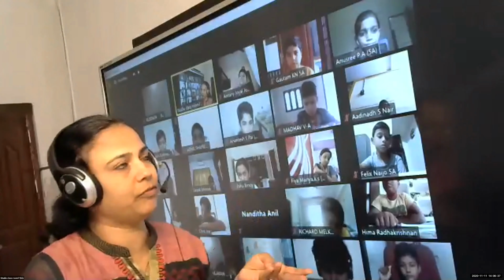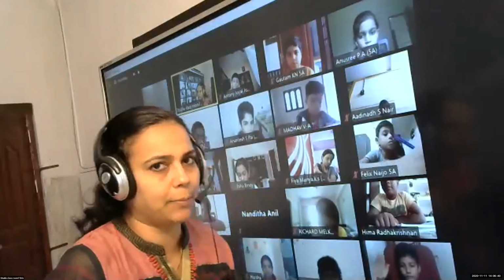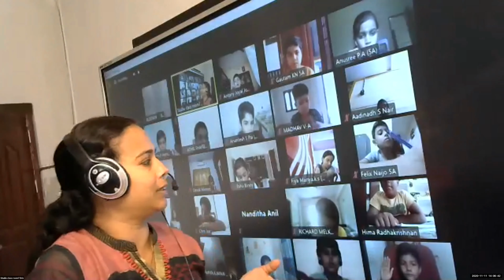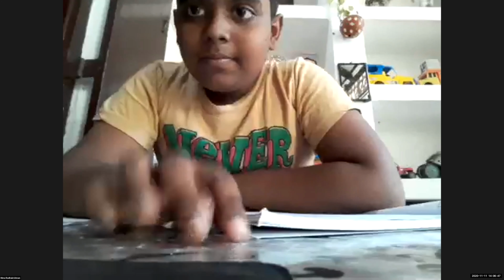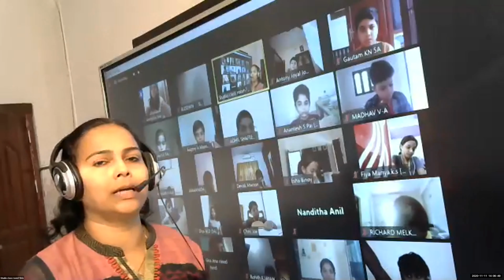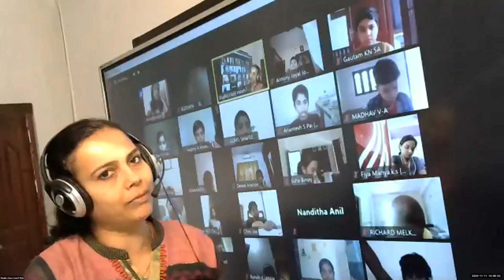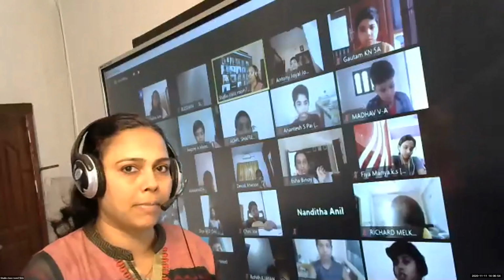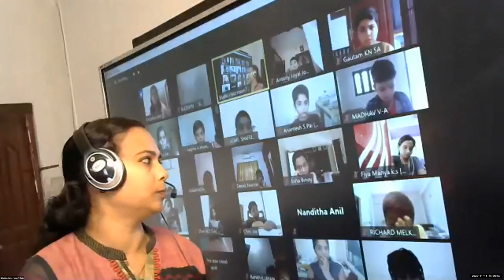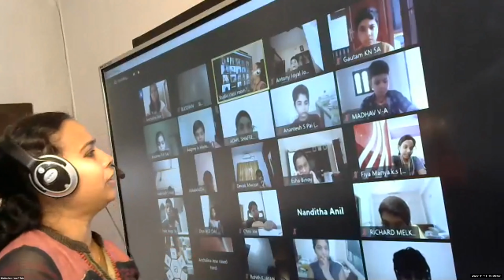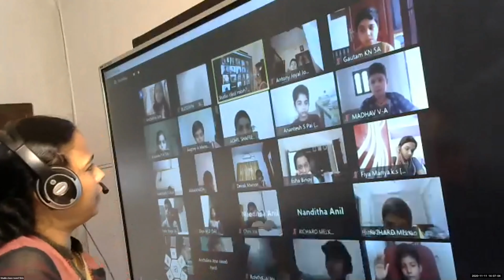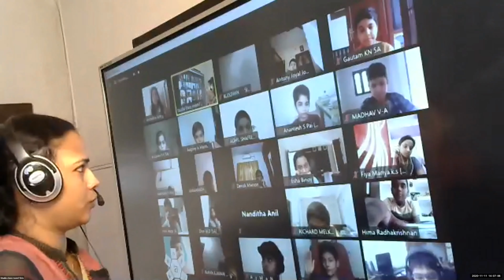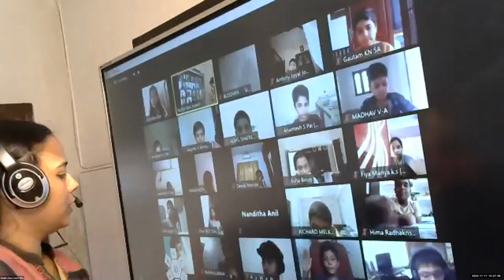What do you mean by equivalent fractions? Fractions that denote the same part. Now, how can we check whether the given fractions are equivalent? When you cross multiply, if the cross products are equal, that means the fractions are equivalent. How can we make equivalent fractions? By multiplying or dividing. But which number are you using with the numerator? Same number. You should divide or multiply the denominator also by the same number. Okay.